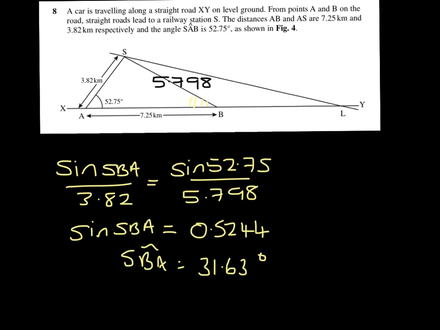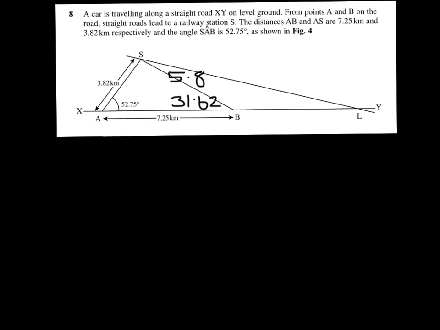31.63 degrees. You'll see in the mark scheme 31.62. At this stage where I've used 5.798, they've used 5.8, and it causes a rounding error to 4SF. They'd still have to award the marks. Moving forward with the rest of the question, I'm going to use the answers that SIA are giving, so of